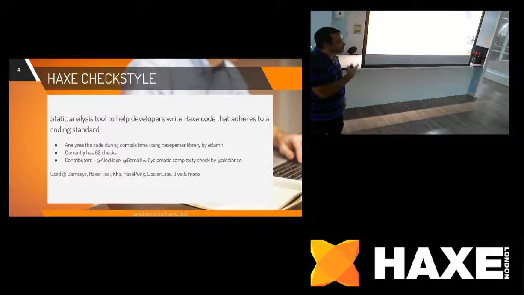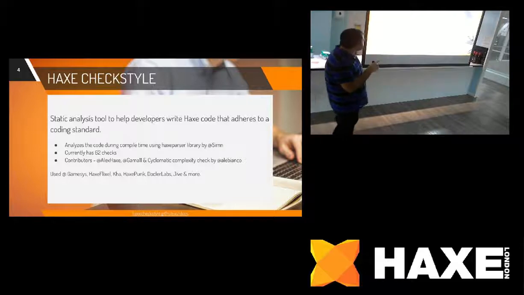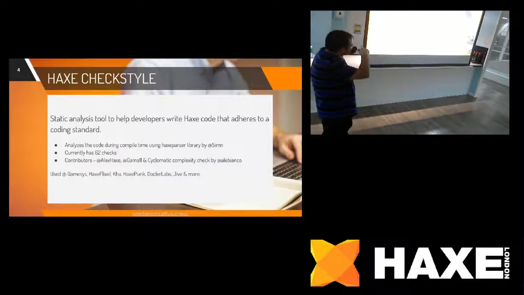It helps you a lot when you're working in a team to come up with a specific set of rules to follow coding standards and best practices. It's highly customizable, and you can define your own set of rules: how you want to define your variables, how your function names should look. When you're working in a team, it's really important that everyone follows the same standards. It currently has 62 checks,